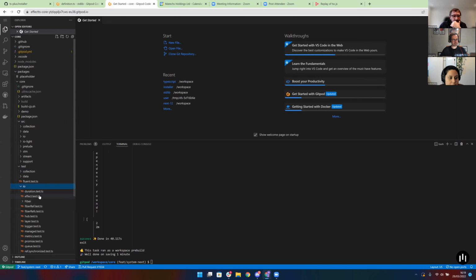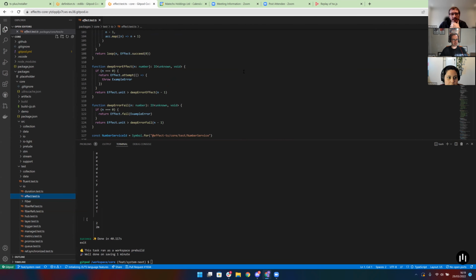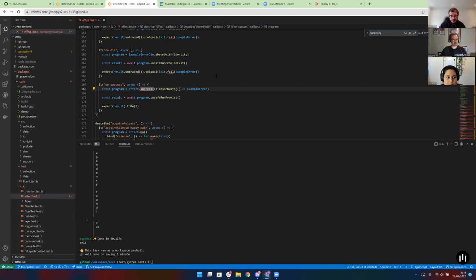Let's take a piece of code in effect. Am I not using the proper TypeScript version? Probably. Yes, I'm not using the proper one.